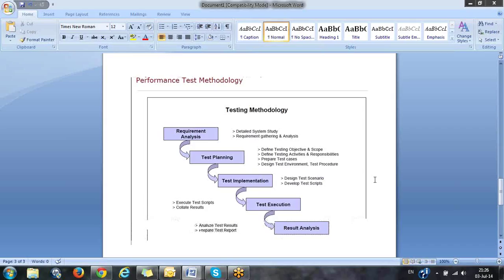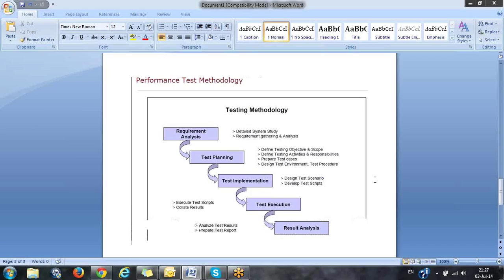That is usually one method. Before making the application live, you can do performance testing, and the project duration will be approximately 2 to 3 months if you are just testing before production. Suppose you want to do performance testing, the clients might hire you during the development phase itself. That means when the application is being developed, they will hire performance testers. At that moment also you can do performance testing, but the duration will be too long in the second case.